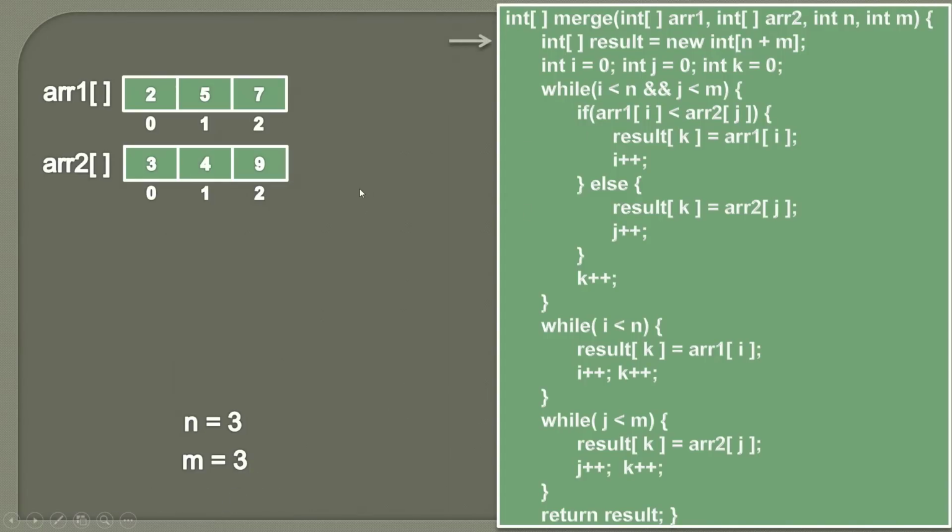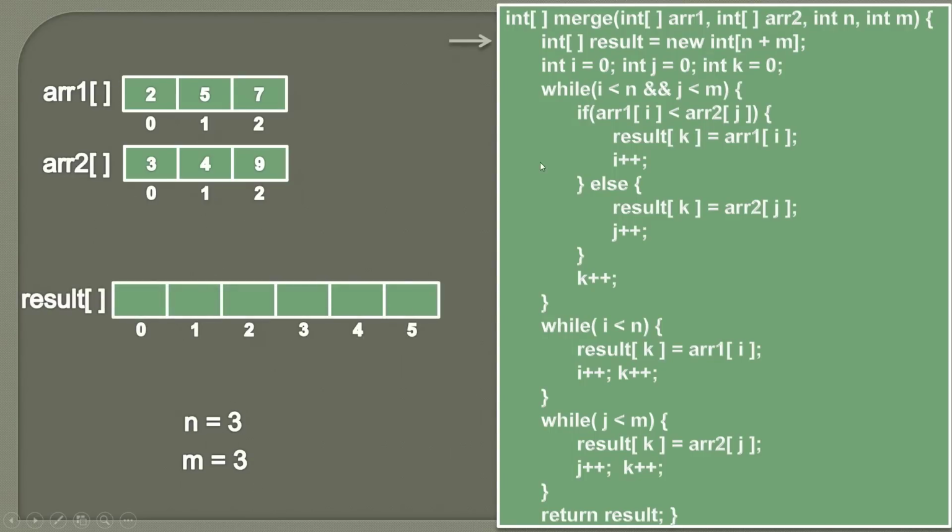So in the first step, as we want to merge these two arrays, all the elements should be part of the result array. So first we create that array by the name result, and the length of that array would be n plus m, because we need to merge these two sorted arrays and our result array should contain all the elements of both these arrays. So after this line gets executed, we are provided with this array whose length is 6. Moving ahead,